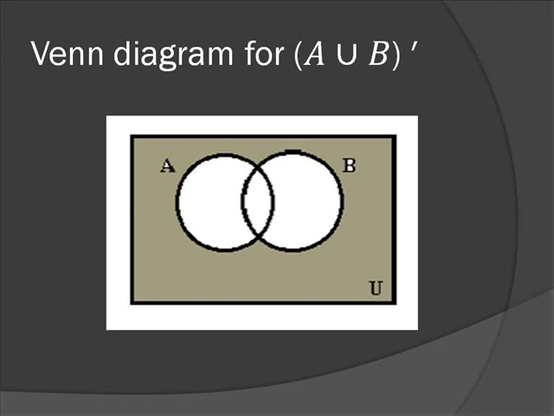Since we have shaded A union B, we have shaded A and B in the previous diagram. So in this Venn diagram, we will be shading that part which is other than A and B. Means we will shade the universal part since we have to find A union B complement. So this is our final answer, and this is the Venn diagram in which we will only be shading that part which is other than A union B. So A union B means we have to shade the two circles, and A union B whole complement means we have to shade the universal set or the rectangle which is other than the two circles.